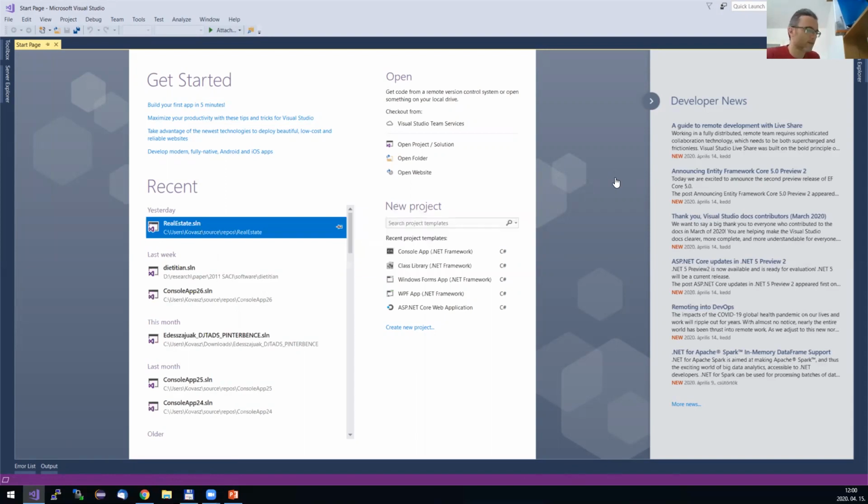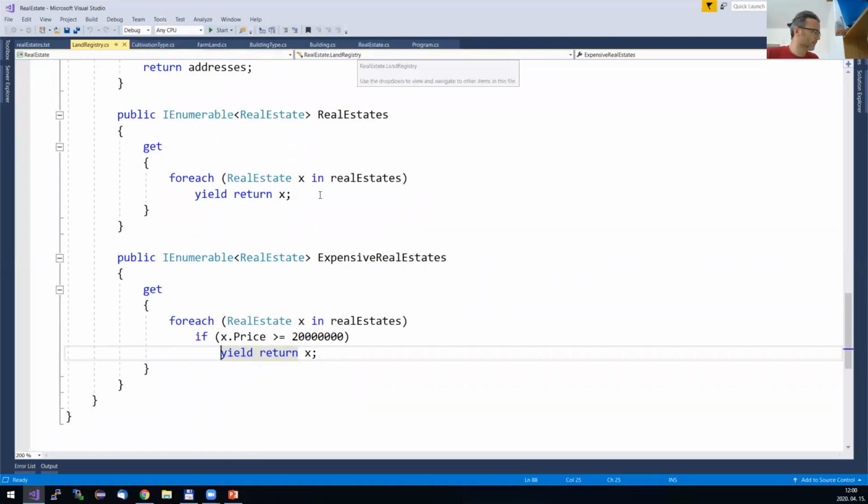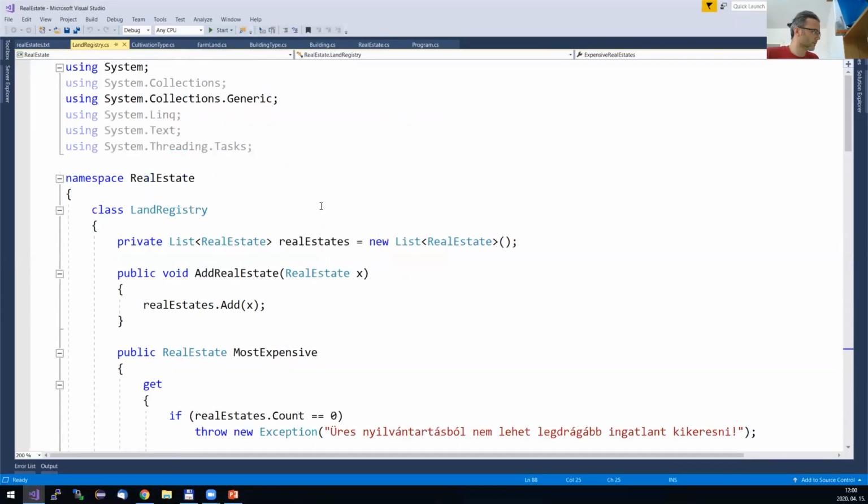So let me open the project I used last time. This is a project with real estates, you know, buildings and lands, well, real estates. And here we have a land registry class, which actually,